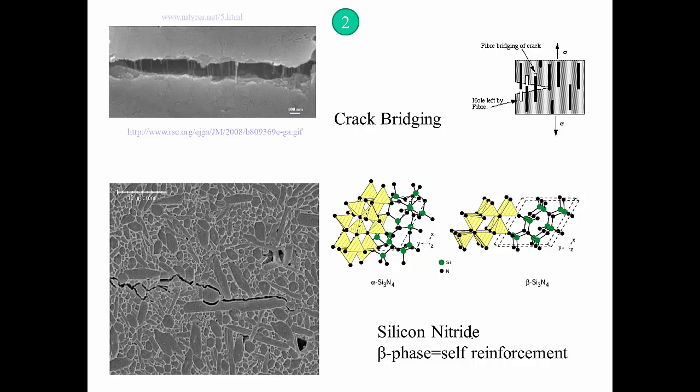One of the most important mechanisms is what's called crack bridging. Crack bridging represents the situation where the two sides of the crack are actually connected, partially or fully, with some microstructural aspects like fibers or elongated grains. And the presence of these connections, if you wish, effectively reduce the stress and the intensity of stress